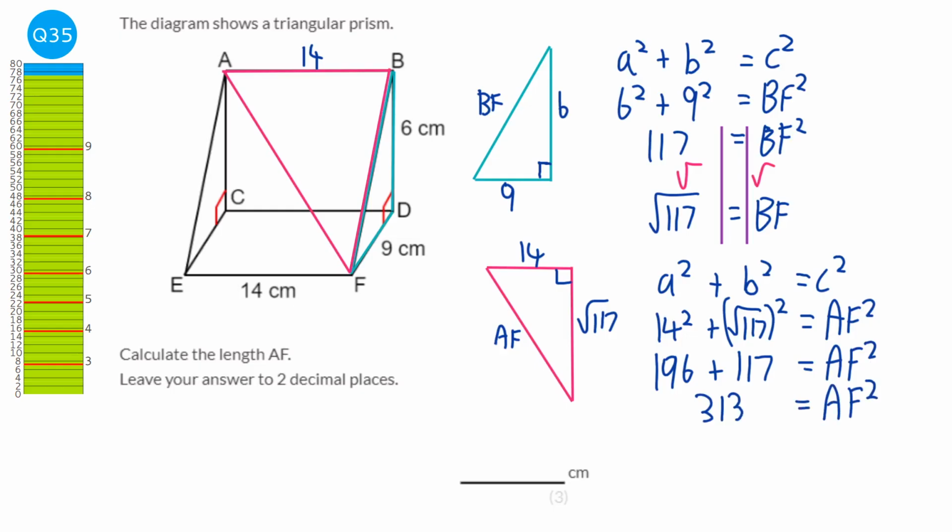And again get our solving lines in. Square root both sides. And this time we're actually going to square root 313 because we need a decimal answer. So it would be 17.691 and so on. It's equal to AF. And it says to 2 decimal places, so that's going to be